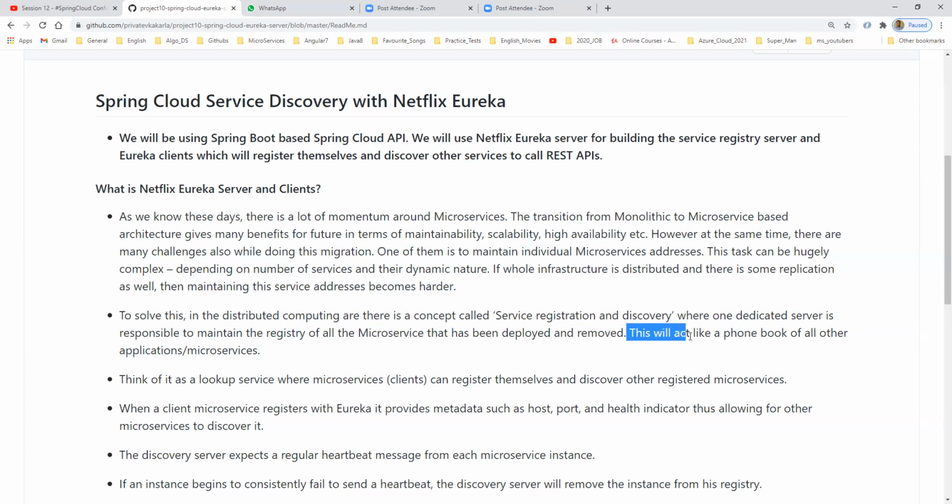So this will act like the phone book of all our microservice applications. This is nothing but one phone book, one index of a telephone book. Like that, we can have all the addresses of our microservices. So, think of it as a lookup service where microservice clients can register themselves and discover